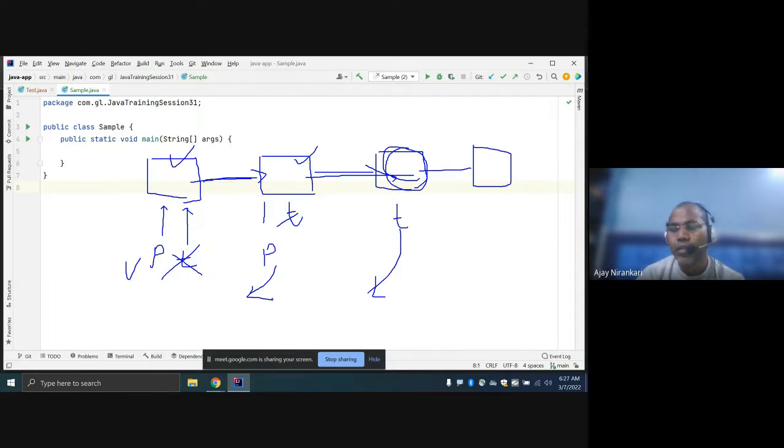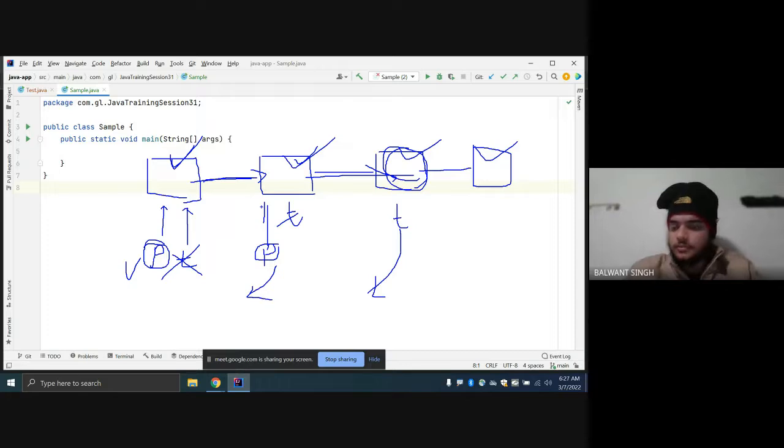Is that logic clear? Whenever you are traversing from head to next, to next, to next, you just hold one variable for the previous node. Any doubt with the logic?